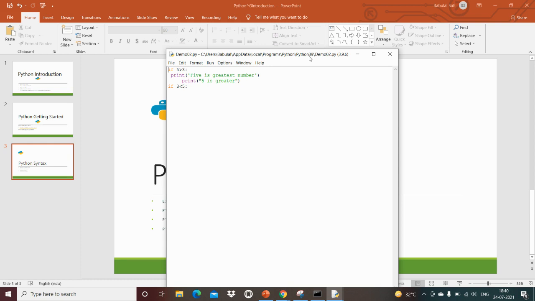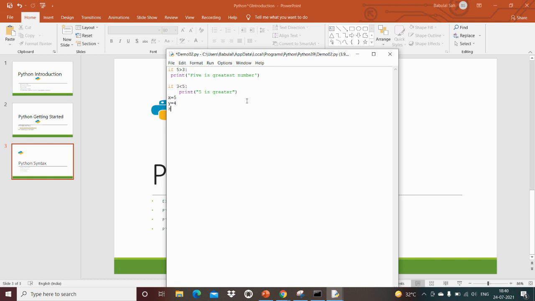Now Python variables. In Python, variables are created when you assign a value to them. In Python, variables are very simple and anyone can assign them. Like x is equal to 5, y is equal to 4, right?